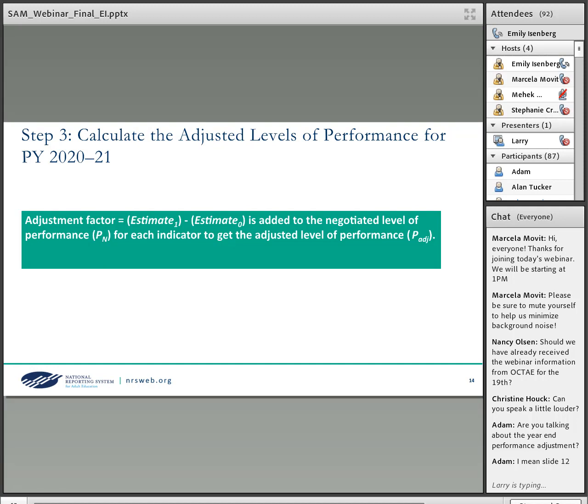So again, estimate 1 is based on program year 2020-21 state characteristics, and estimate 0 is based on baseline state characteristics, which is the most recent year of data we have available now. And then that difference is added to the program year 2020 negotiated levels of performance.